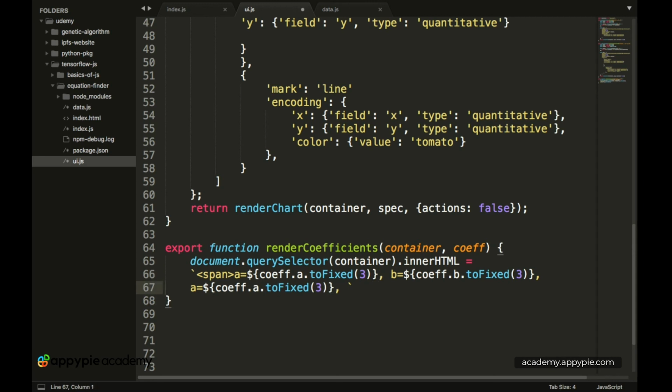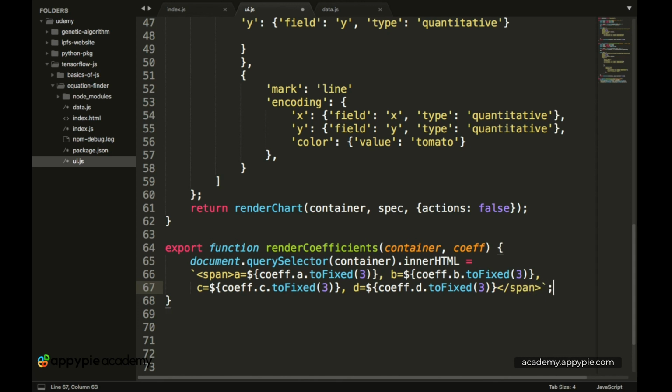Let's just make sure that we have added a space over here. So we have c is equal to coefficients.c, and then we similarly have d is equal to coefficients.d. And now after the declaration of the d variable, we have to close the span. Okay, so let's close span.